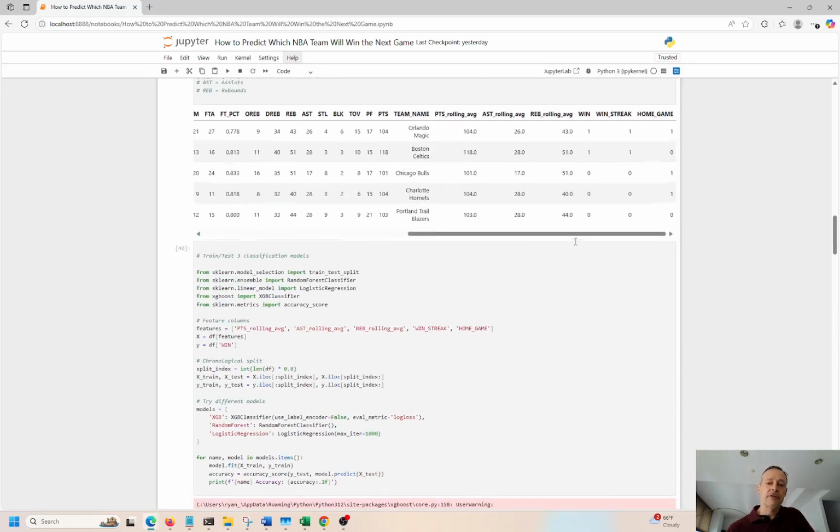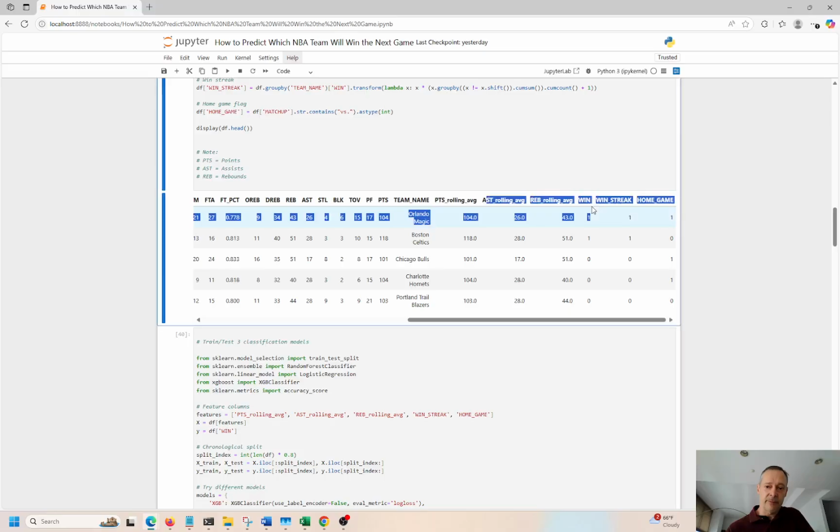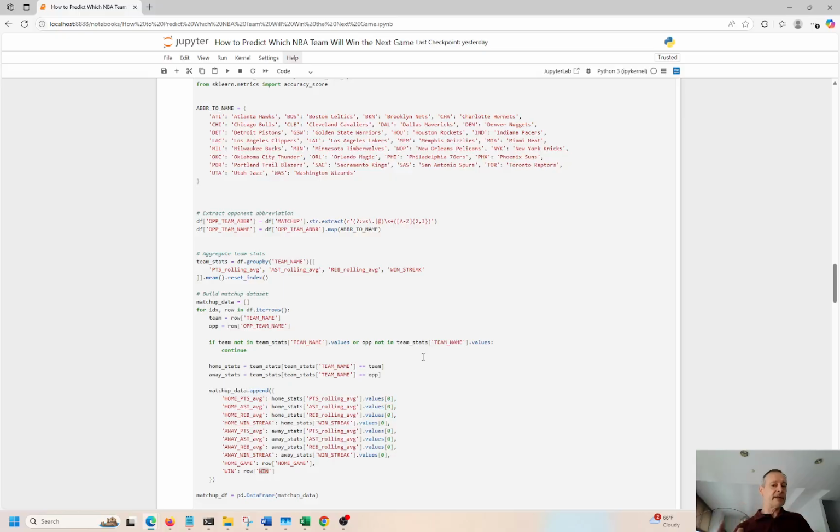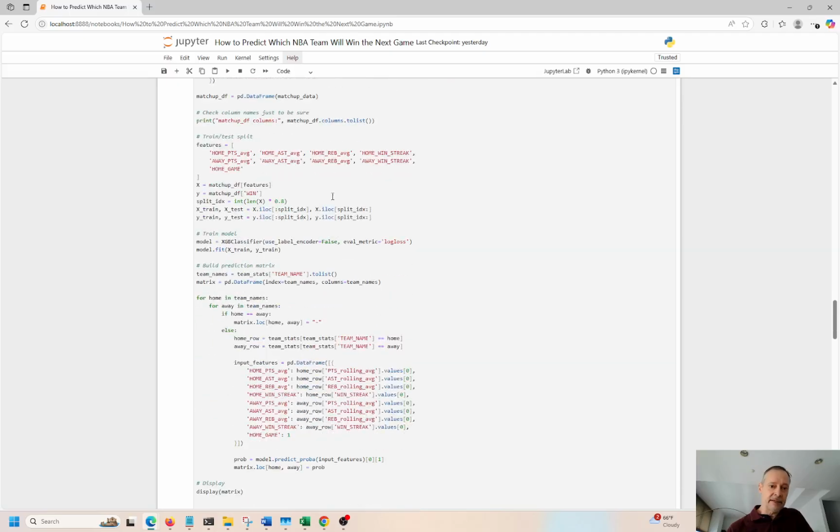So these are the feature engineering exercises that we did over here above. I wanted to take all of that, feed that into the model, take all these teams' names, and then jam that into the model too. And then down here, I can start to make predictions. So here's the actual